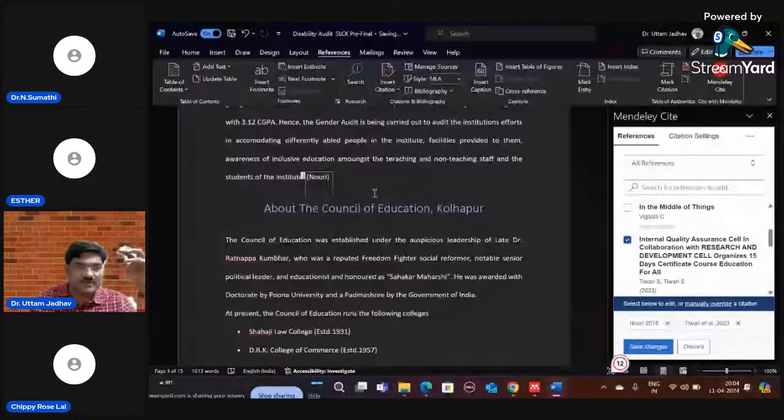So number one, we have seen that we were searching or surfing on the internet. We got a few articles, books, any interesting research paper, and there is an icon on the right hand side on the internet tab, search engine tab. I just clicked on Mendeley Web Importer, and that article, that book, that research paper is available both online and offline in my system, because Mendeley is installed on my computer as well. So Mendeley is available online, and that complete research paper is available on my computer as well. And I would be able to